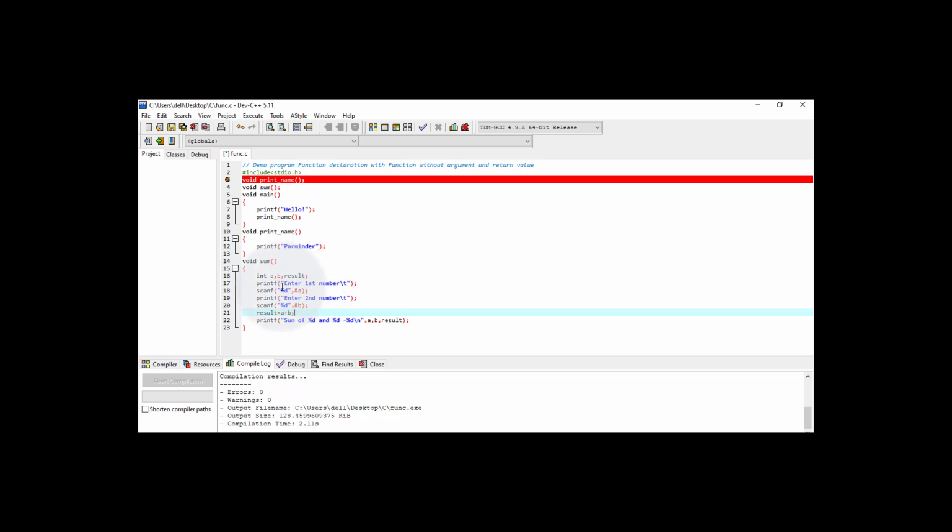We ask the user to enter the first number, that will be assigned to the variable a. Then the second number will be entered by the user, and that will be assigned to the variable b. And in the variable result, we assign the sum of a and b. And after that we have displayed it here.